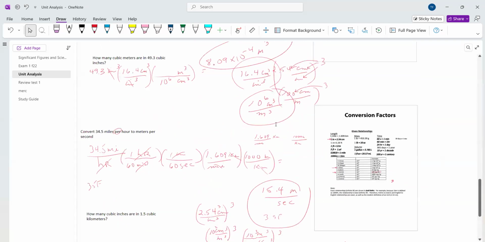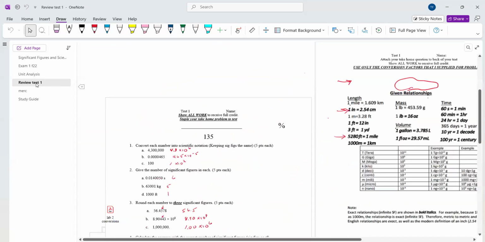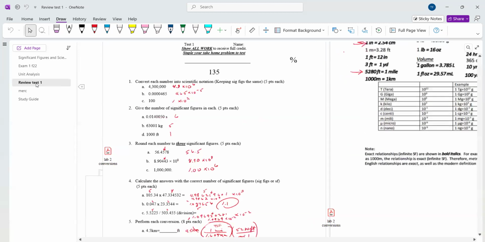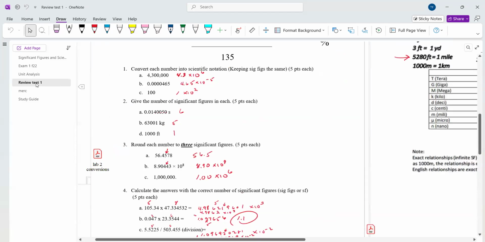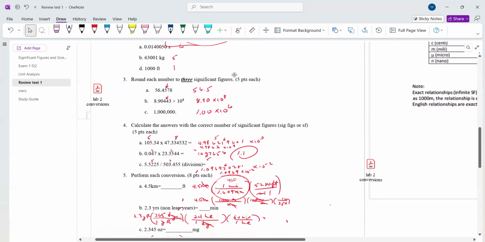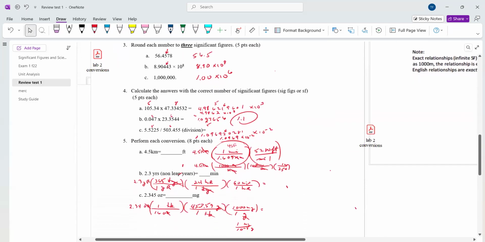Okay, so let me show you. This is the practice test I'm going to go over next week. But basically, significant figures, scientific notation, sig figs again, just plain old multiplication and division problems, taking into account significant figures,